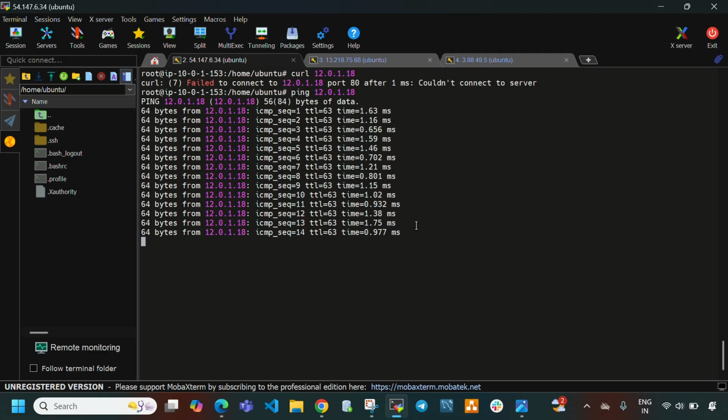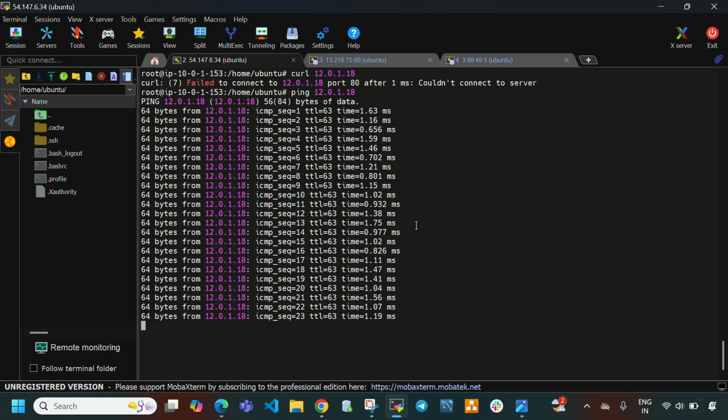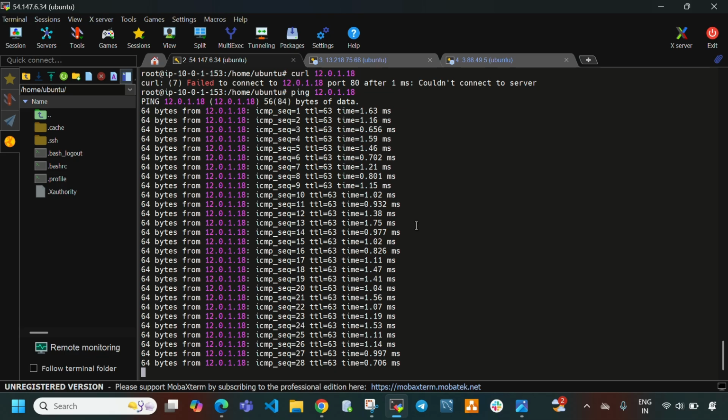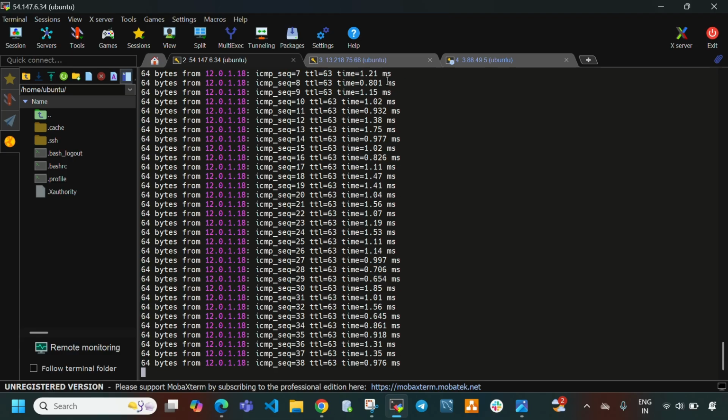After completing this lab, you need to delete all these transit gateway attachments and everything, because AWS will charge some amount for transit gateway attachments, since they share data transfer. So after completing your labs, try to delete the main transit gateway, the transit gateway attachments, the EC2 instances, the VPCs and everything. It will charge some amount for transit gateway attachments and data transfer. That's why I'm telling you. Okay, let me cancel this.